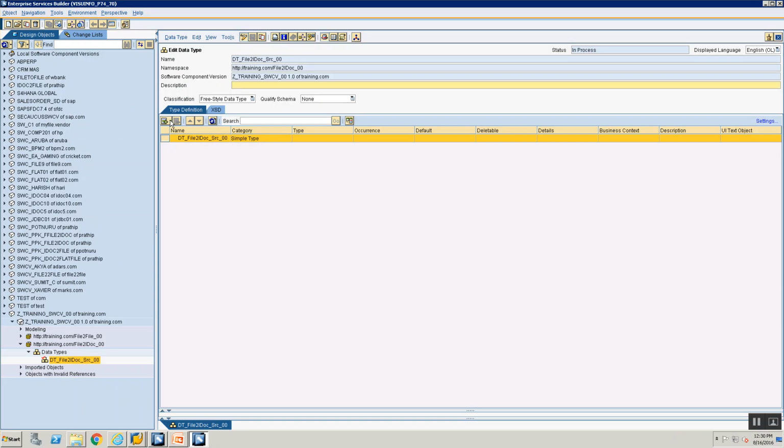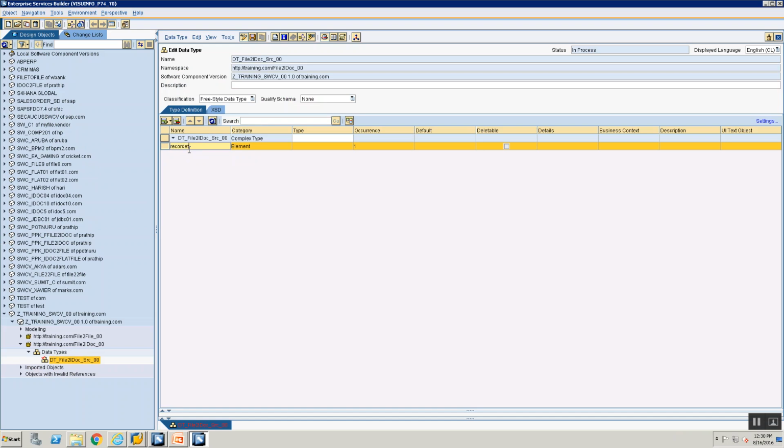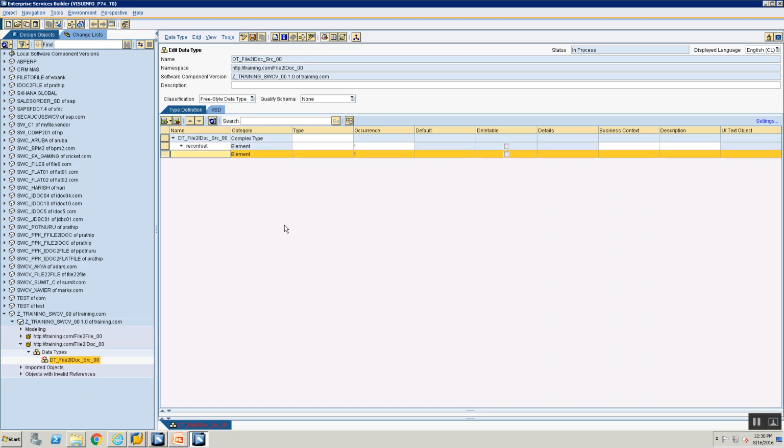So first field that we have to define is a record set. So say insert sub element record set. Oops, there's a typing mistake. Record set. For now, we will just have one. We'll go ahead with just the record set occurrences as 1:1, and then within the record set we are going to have a header field. So I'll say header, and again the header is going to occur 1:1, and within this I'm going to insert